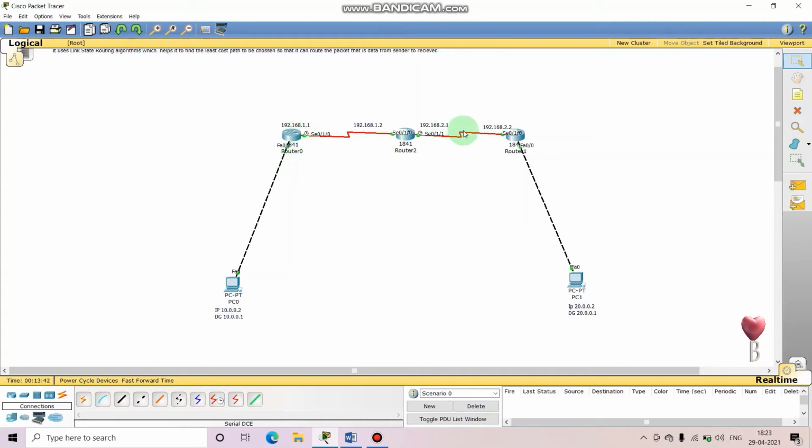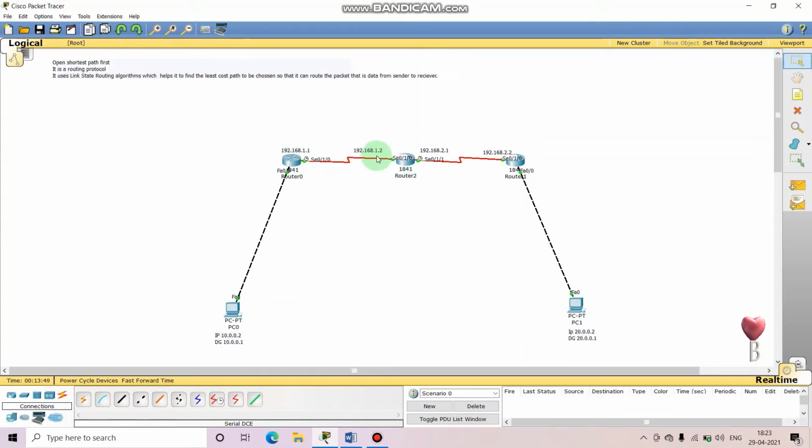Because these are entirely in different networks, and a router is basically used to connect different networks with each other. And for this we have to configure a protocol on it. Either we configure the IP route, which is static routing, or we configure the default route, which also comes under static routing. Or we use RIP, which we have already done, or we use OSPF. So let's do this in OSPF.